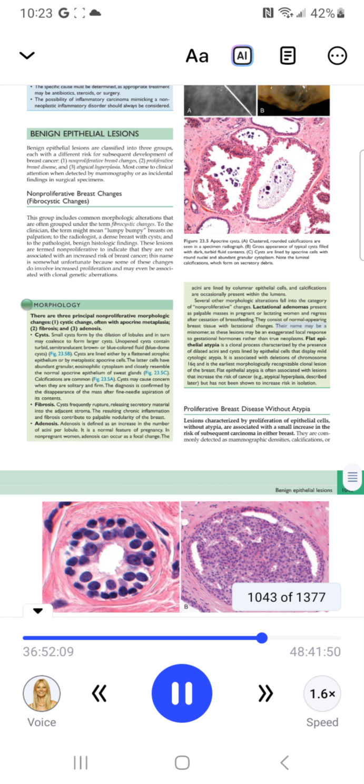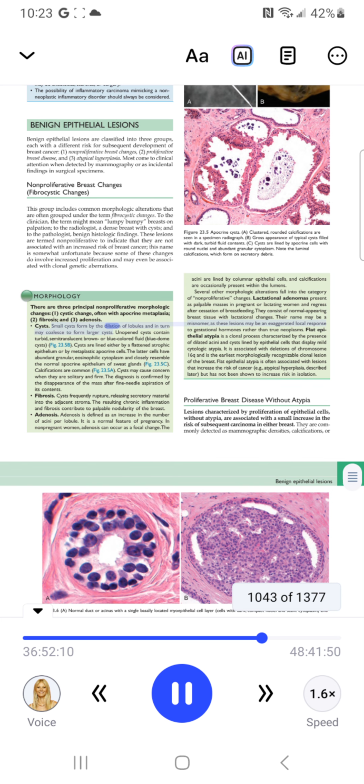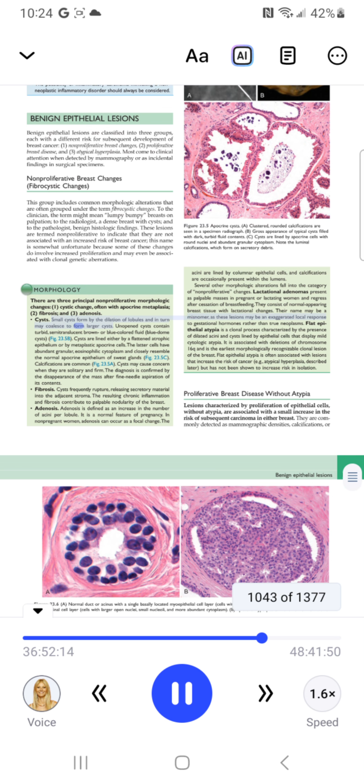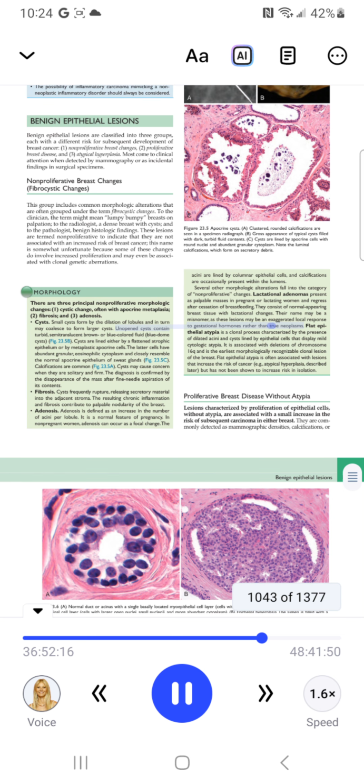Lactational adenomas present as palpable masses in pregnant or lactating women and regress after cessation of breastfeeding. They consist of normal appearing breast tissue with lactational changes. Their name may be a misnomer, as these lesions may be an exaggerated local response to gestational hormones rather than true neoplasms. Unopened cysts contain